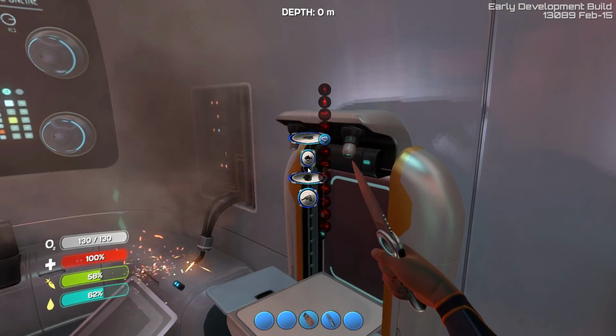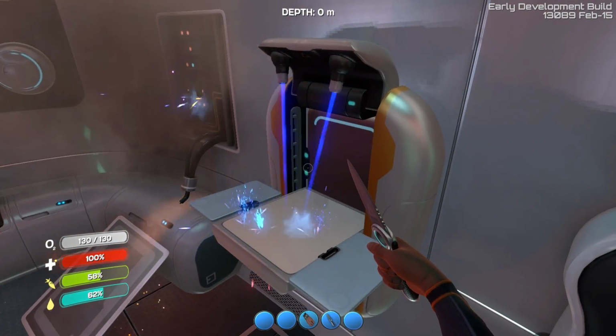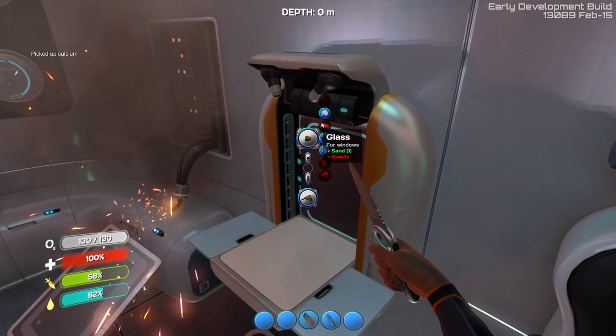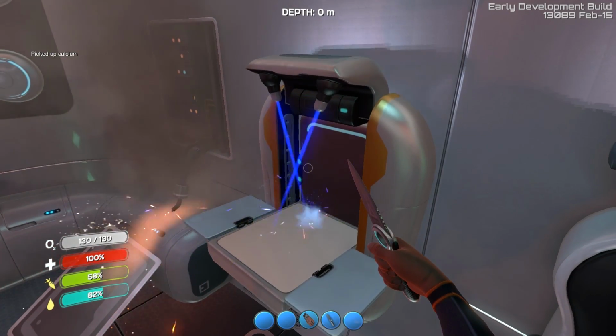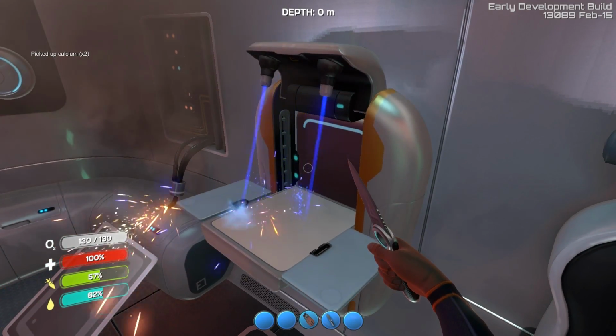We've got some coral chunks in here. Let's do our best to convert some of this stuff over into, yeah, there's the calcium chunks right there. I don't really know if we need these super badly, but we'll prepare them for later just in case that we do. And then we're also going to try and hold on to as much metal as possible,